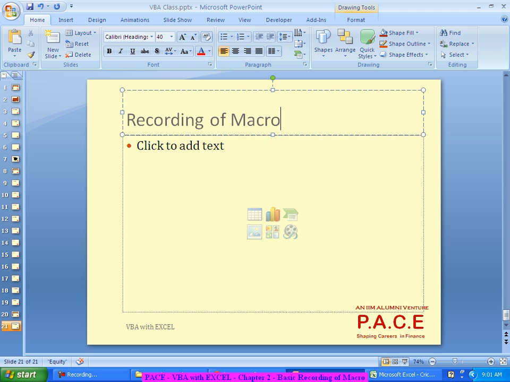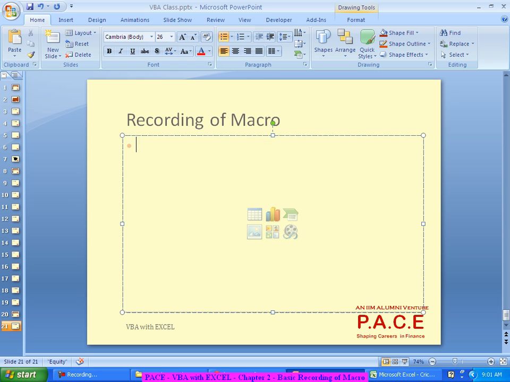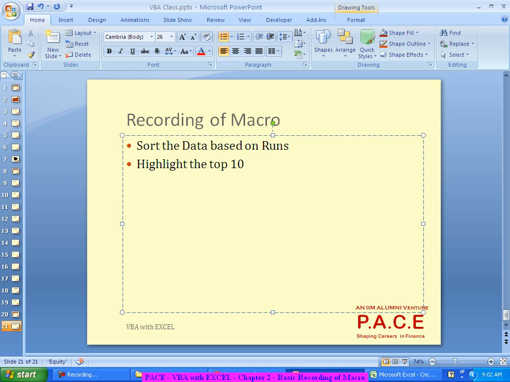So in the recording of the macro, I want to do a few automated tasks. One is sort the data based on runs. Then I'm more interested in highlighting the top 10 strike rates with a green color.